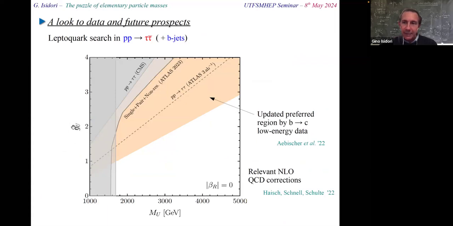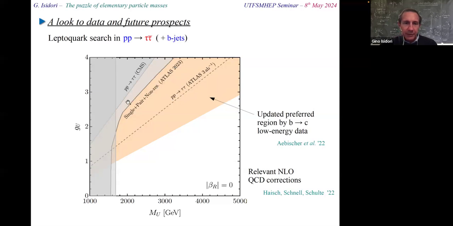That the coupling is sizable. For instance, this coupling can be 2 or can be 3, and then the leptoquark mass can change, because you see this line is the line of a constant effective scale. The effective scale is mass divided by coupling, because when you mediate a process, you have a G divided by M, and the inverse, lambda, is M divided by G. And therefore, this implies a constant signal. And this yellow area is the one that, for instance, can fit the present anomaly in B physics,